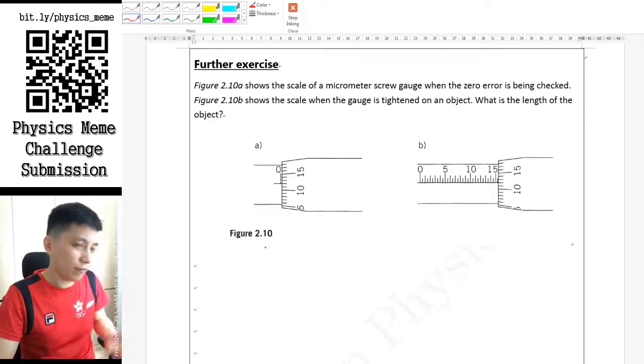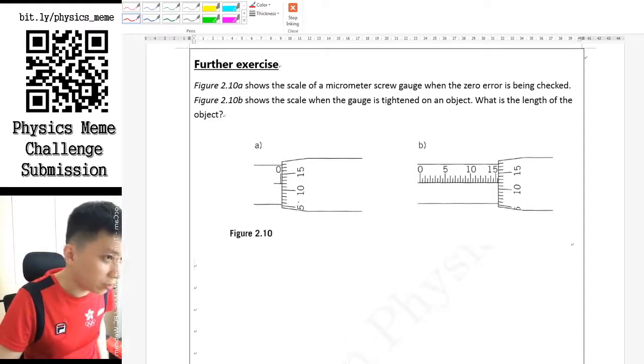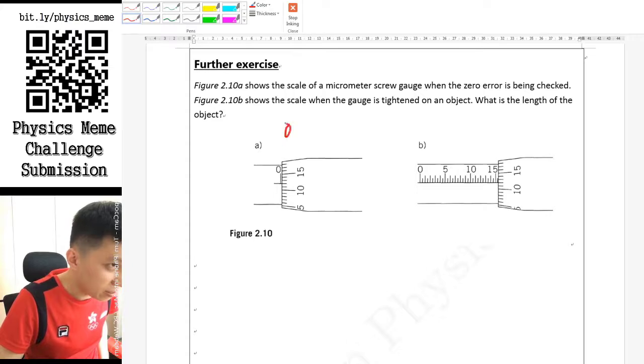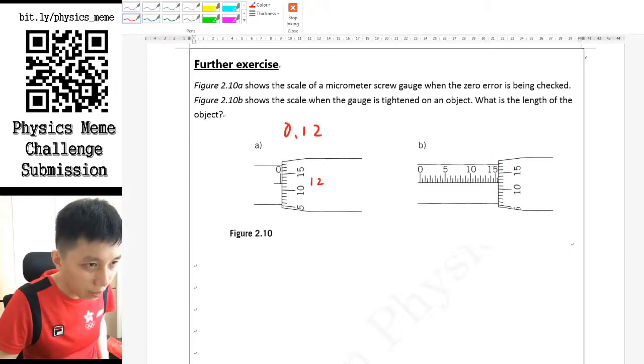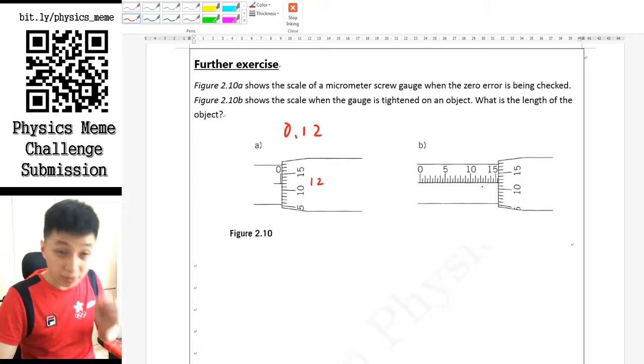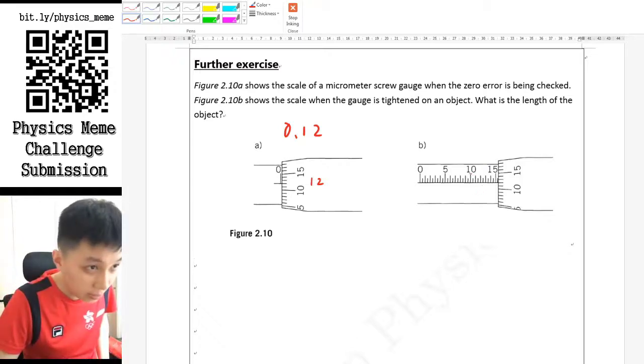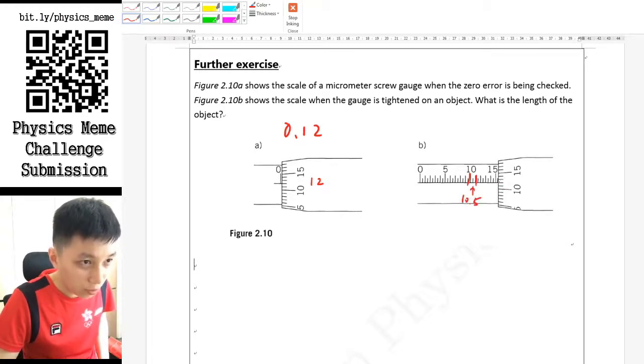Okay, so basically you have to take the reading from the two pictures. For this one, I believe it is 0 point something because I don't see another vertical line. Horizontally, this line should be 10 plus 2, so 12, so I believe it's 0.12. While for this one, you can see this is a bit different from our simulation, by the way. You can see that this is 10, this is 11, and in the middle this should be 10.5. So for ours it will be 15